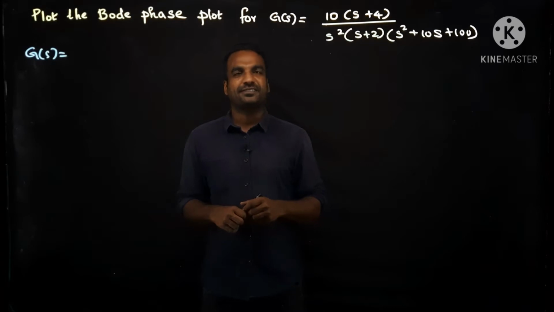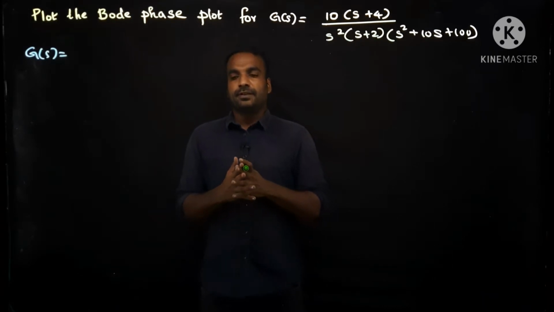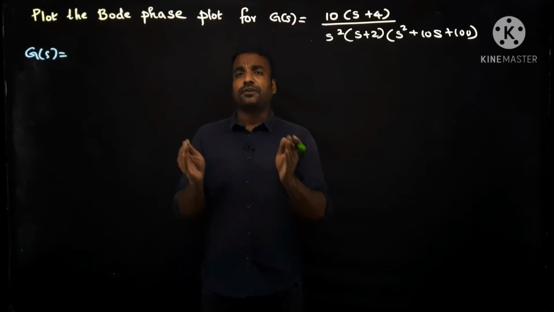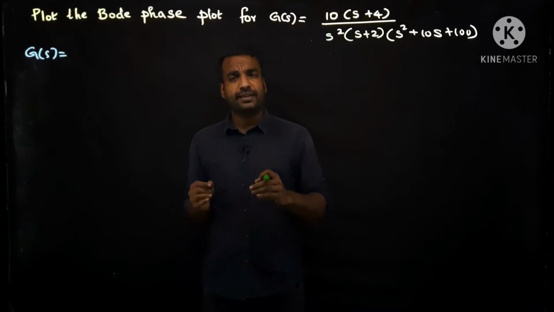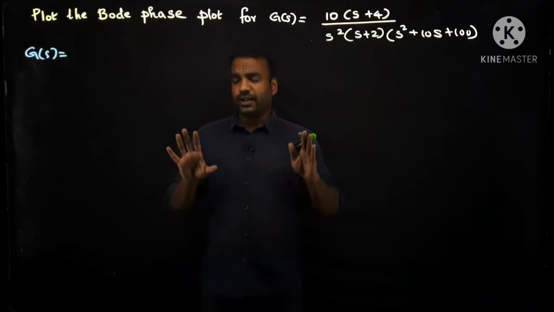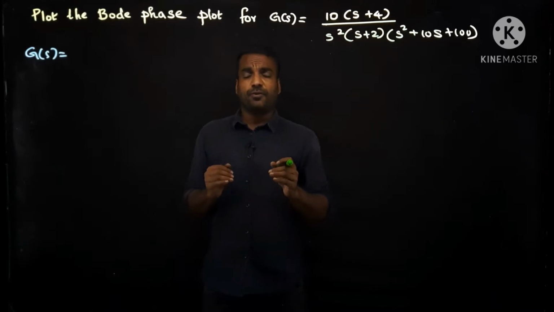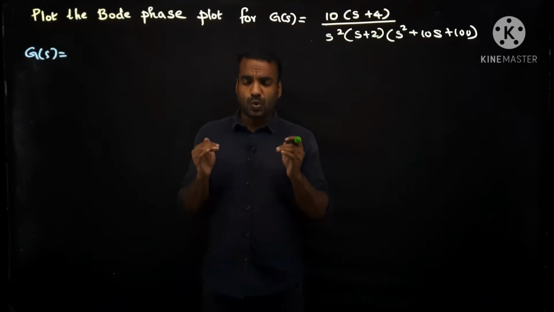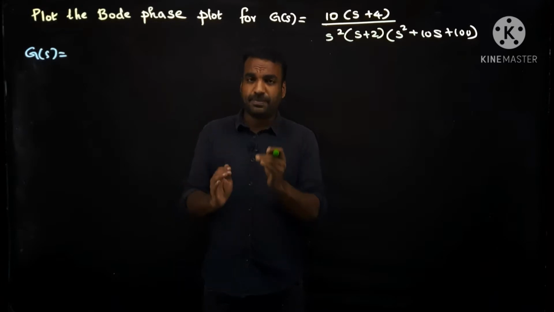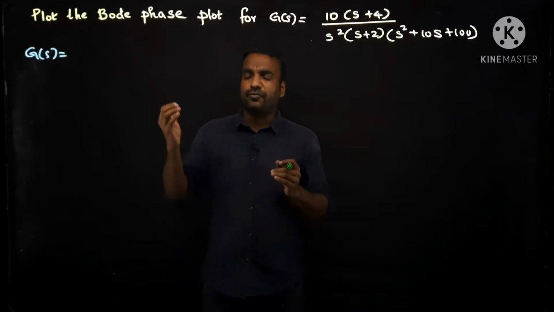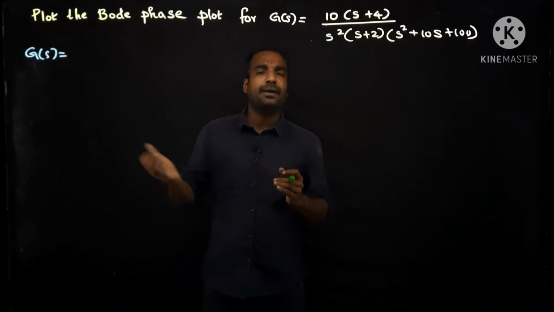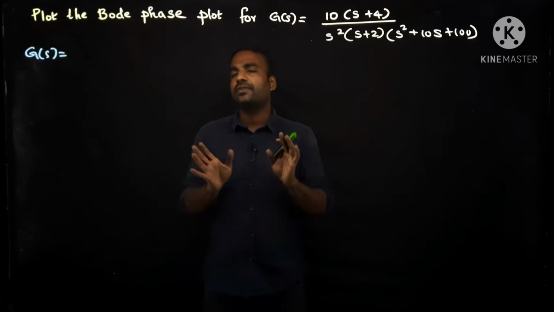Welcome back to lecture series in linear control system. In last class we were discussing the first portion of Bode plot, and that was magnitude plot. We completed the entire solution of a magnitude plot of one problem with all steps well explained, and we followed the exact systematic method that anyone can understand.